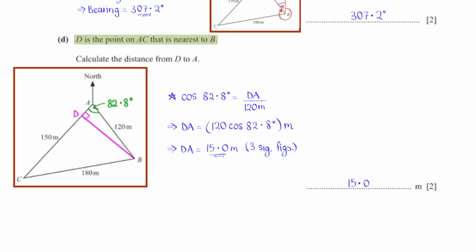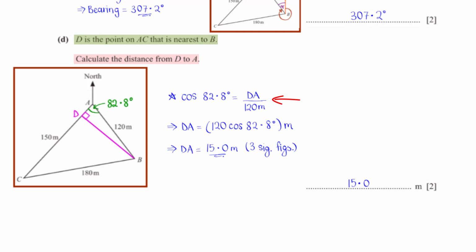D is the point on AC that is nearest to B. Calculate the distance from D to A. From the illustration, we see that we can apply SOHCAHTOA to find the distance from D to A. This gives us cosine of 82.8 degrees equals the adjacent, which is DA, divided by the hypotenuse, which is 120